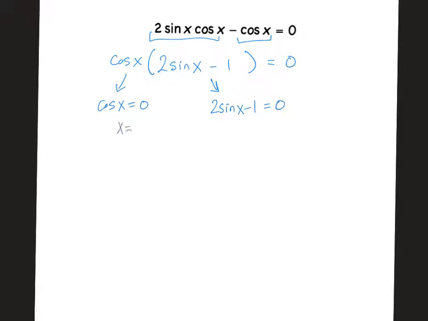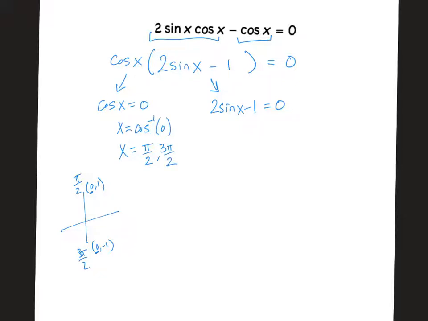So here, if I want to get the x alone, I will do the inverse cosine of 0, and then I have to think about where do I get a 0 in the cosine spot. So up here is the point (0, 1), and down here is the point (0, -1). Both of those are where you have a 0 in the cosine spot. So that happens at pi over 2 and at 3 pi over 2. So there's two of our solutions,